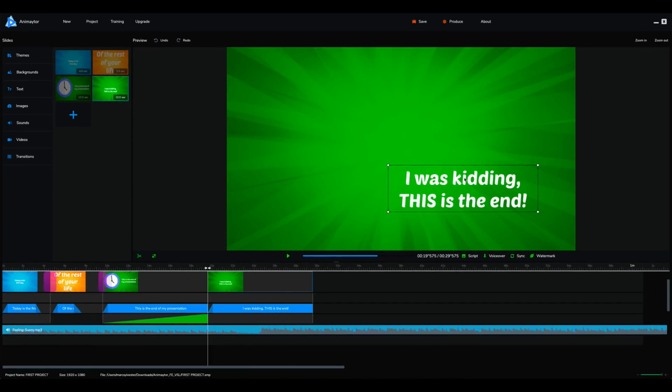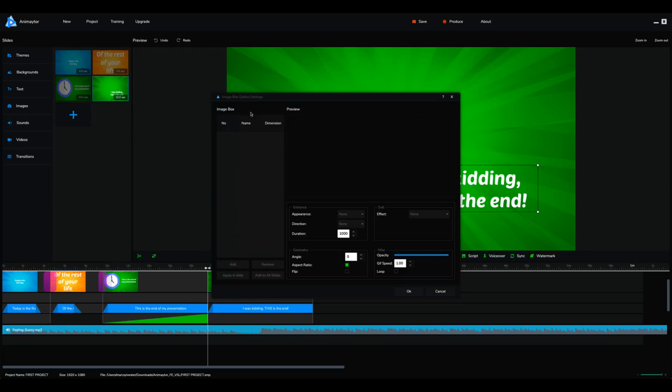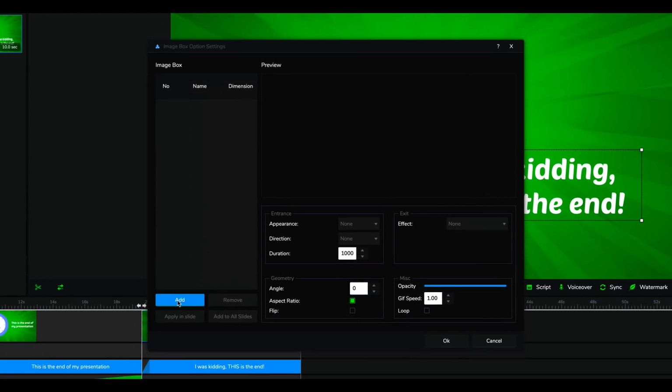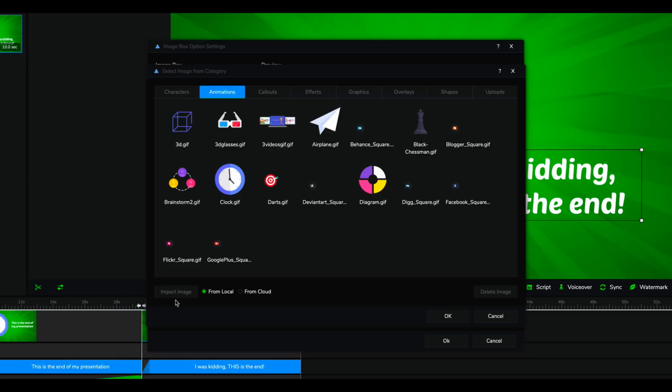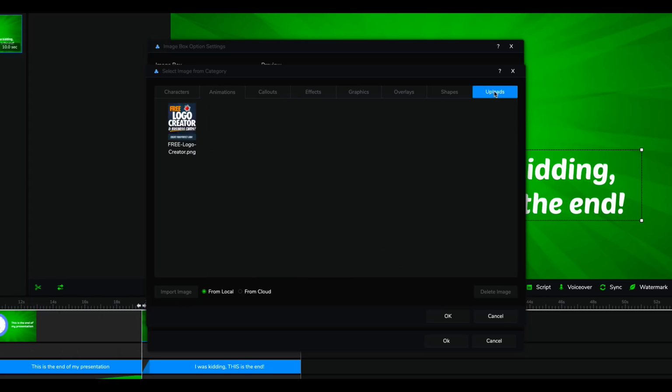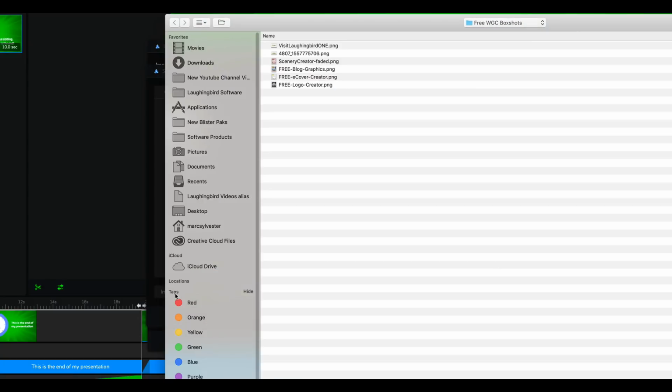And this time I want to bring in my own graphic, my logo or something. So now we go back over to images. And here we're going to click on the add button because I want to add an image. Makes sense. And here's all the graphics they have. But up here we have uploads. And I've already included that. So if I wanted to import an image like my logo,